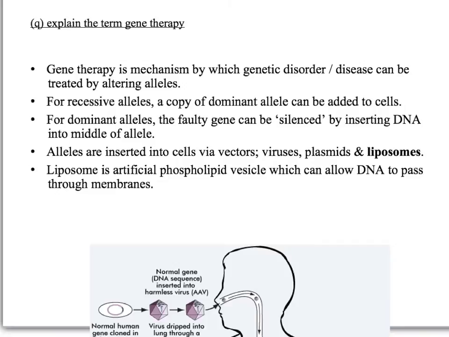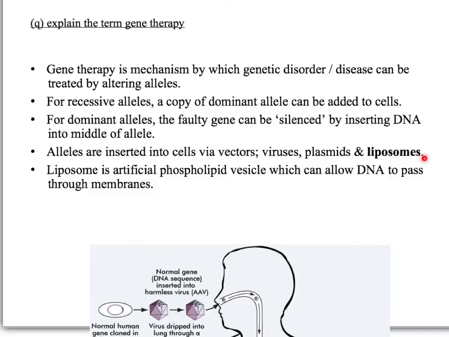Okay, so one of the things that we must do is to actually get these alleles, or these bits of DNA, into the middle of dominant alleles. We need to get those alleles into our tissue. Okay, we need to do this by vectors. Okay, so we've come across these words before. Viruses, plasmids, and liposomes would all be good